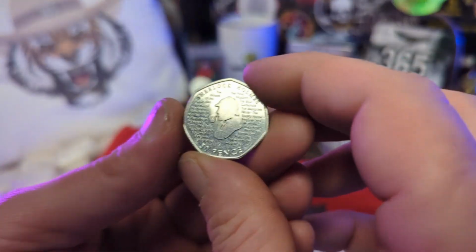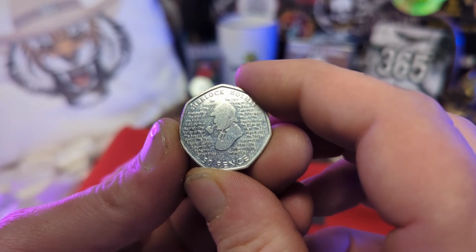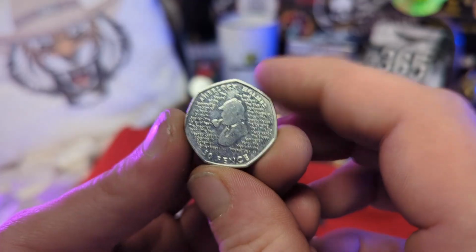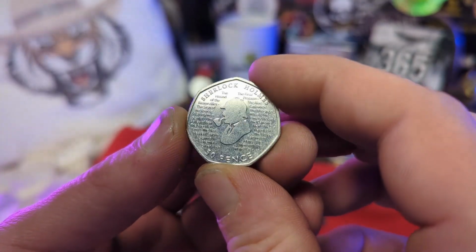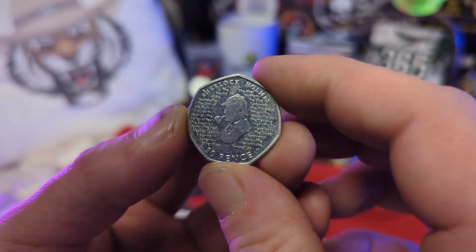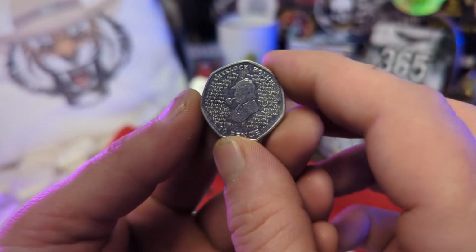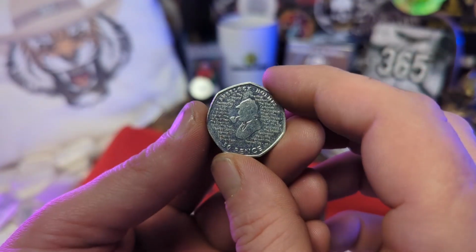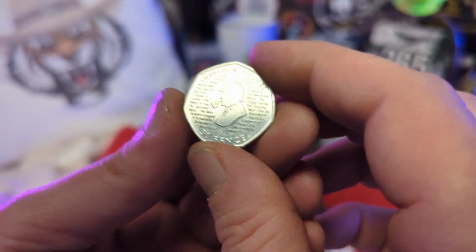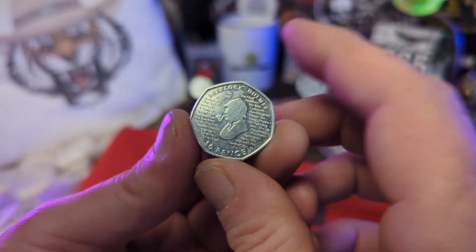So last up for the 50p's, we have this one right here, which is the 2019 50p celebrating the 160th anniversary of the birth of Sir Arthur Conan Doyle, who was the author behind the popular book series Sherlock Holmes. A lot of people do refer to this as the Sherlock Holmes coin, which you can completely understand. It says Sherlock Holmes at the top, and you've got a big depiction of Sherlock Holmes in the middle of the coin, but the coin was actually minted to celebrate the 160th anniversary of the author, and isn't actually celebrating the character itself. So yeah, that's something I mentioned in a recent stack chat, but it's a lovely coin,